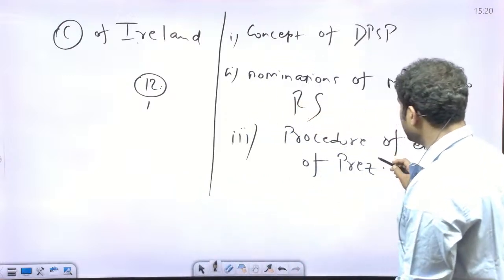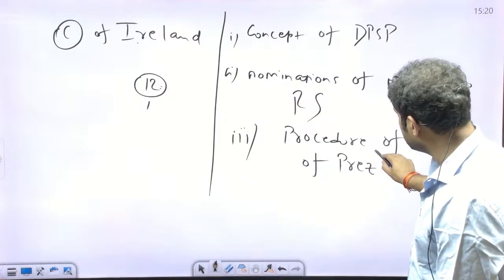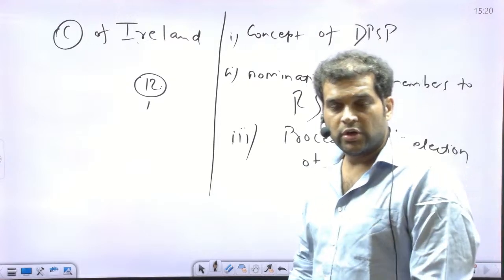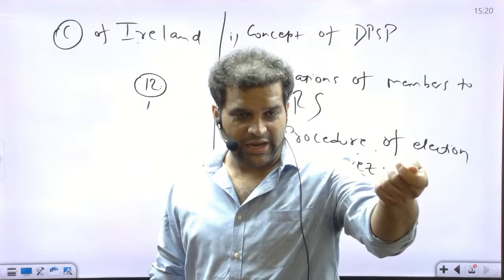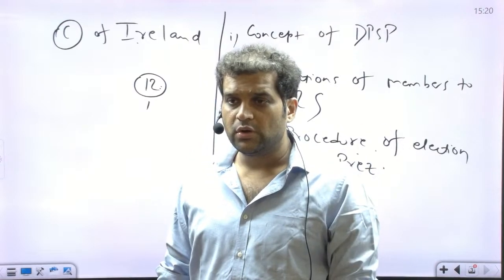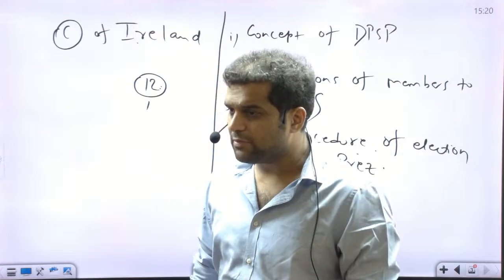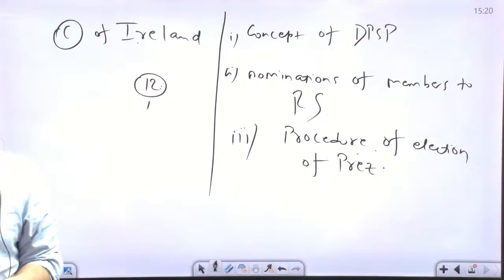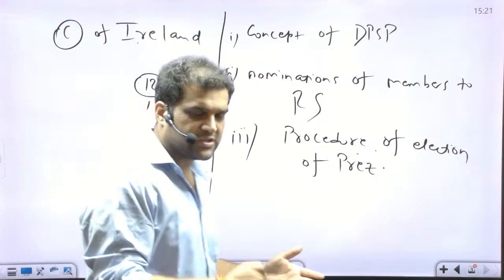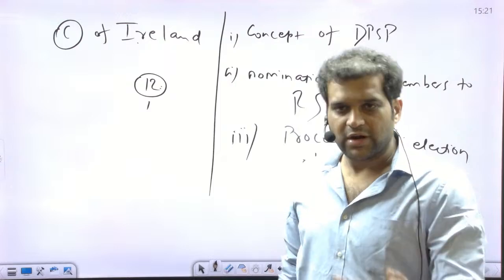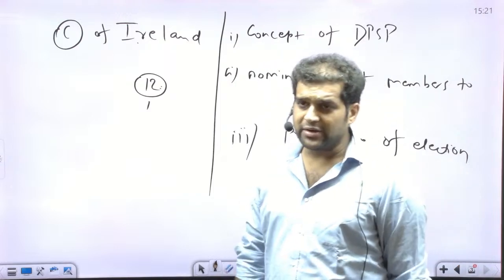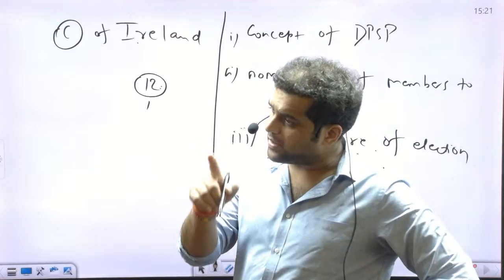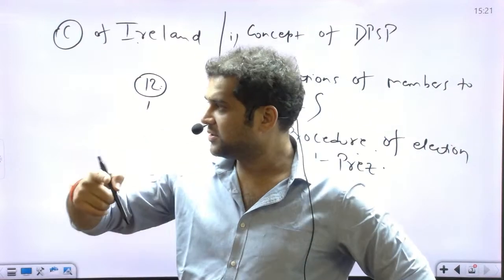Tell me, in India, is the election process of the president direct or indirect? In India, do we directly elect our president? Yes or no? No, we don't. We don't elect our president directly. There's an indirect process to the election of the president. How it works, when we come to the president, we'll see it. All right, getting my point? We elect our president indirectly. The president is elected by those members who have been directly elected by us.